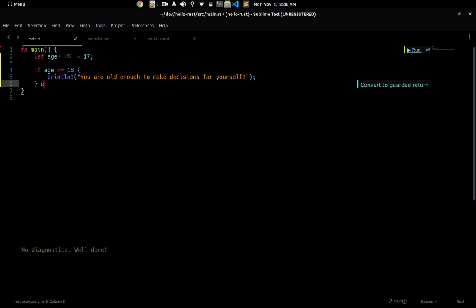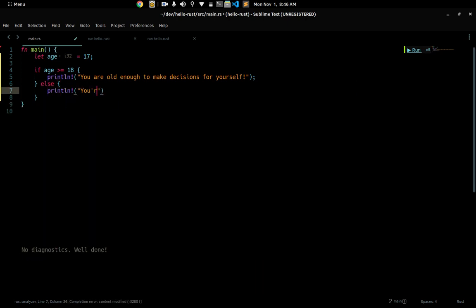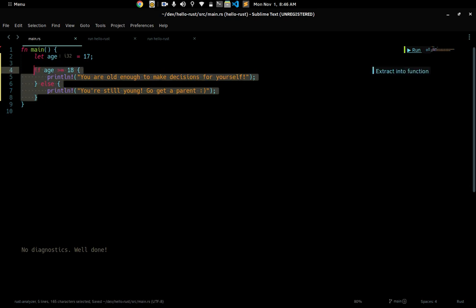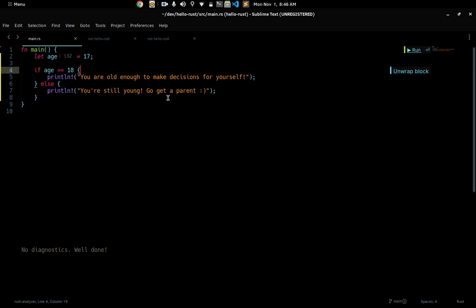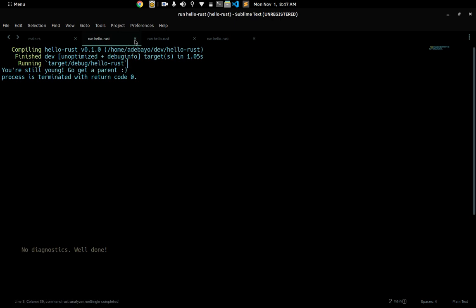Else we could say println: you're still young, go get a parent. Let's say we're writing a program that checks people's age to determine what to do. If you run this program, because the age is 17, you're going to see it say you're still young, go get a parent.